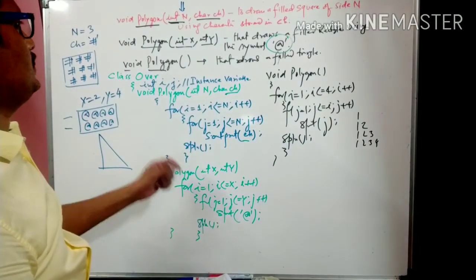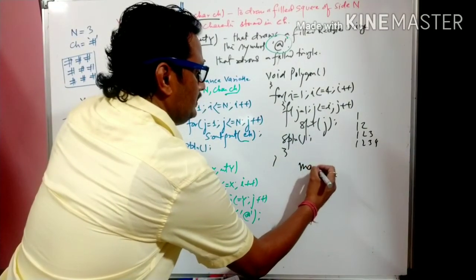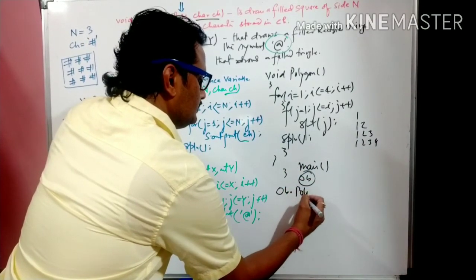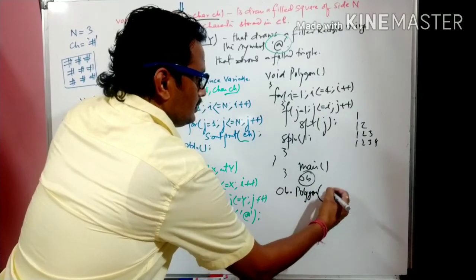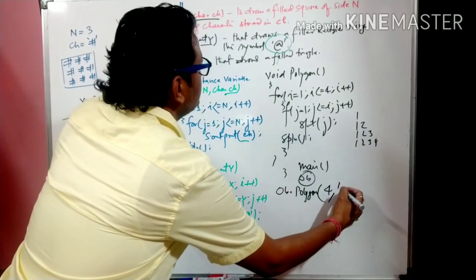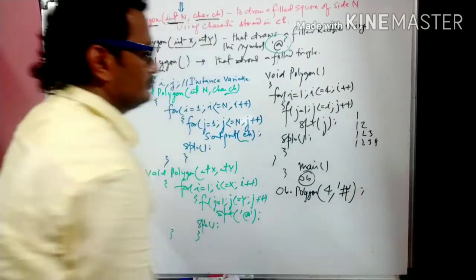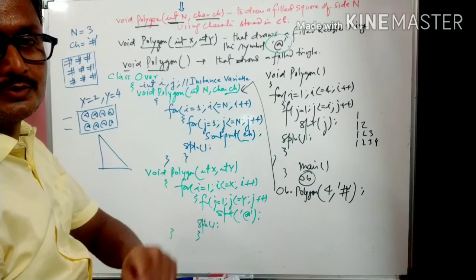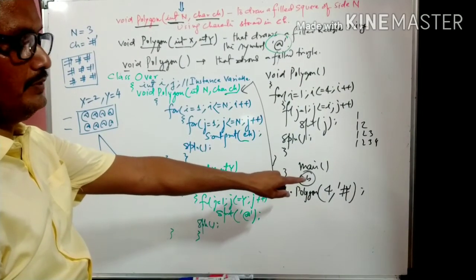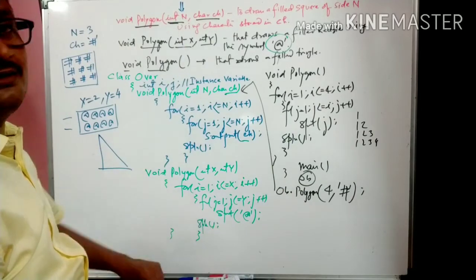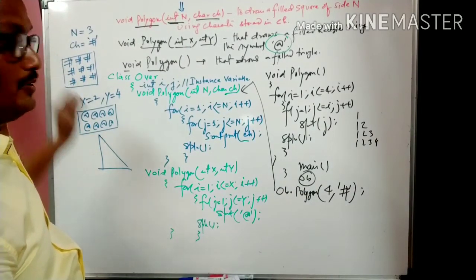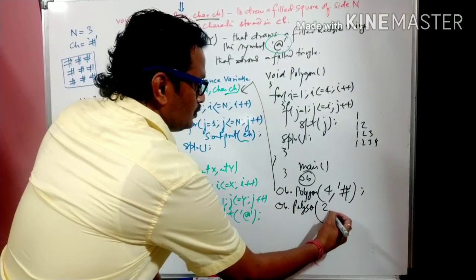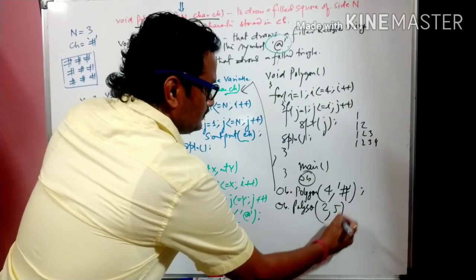All right. Now, if you want to call the method inside main, this is your main and this is your object. You write ob.polygon, with 4 and a hash. So this will call this method: 4 rows and 4 columns filled with hash. So your shape will be just like a square box. Now here is ob.polygon with 2 rows and 5 columns, that's all.